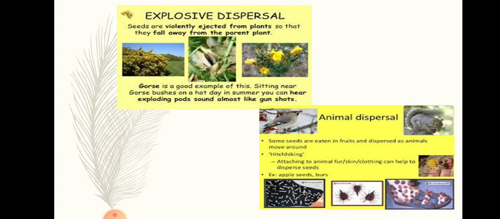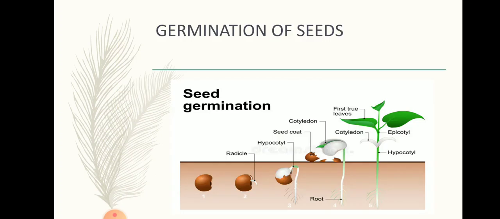Then the next is dispersal by animals. Now some edible fruits like mango and papaya get carried away by animals while they are eating them. Animals and human beings eat the pulp of these fruits and throw away the seeds elsewhere. So this is how dispersal by animals and human beings is also carried out. Here you can talk about many plants whose seeds are dispersed by this particular method. And the last topic of ours is germination of seed.